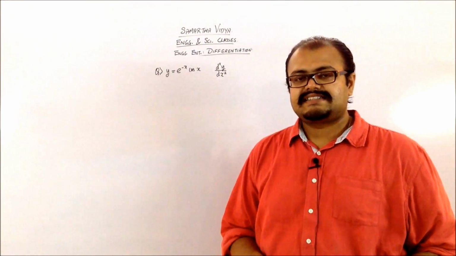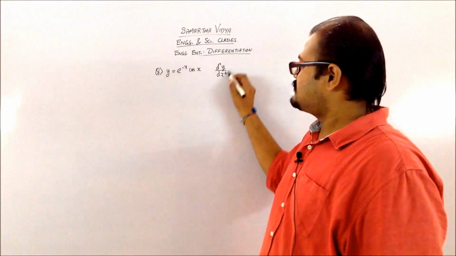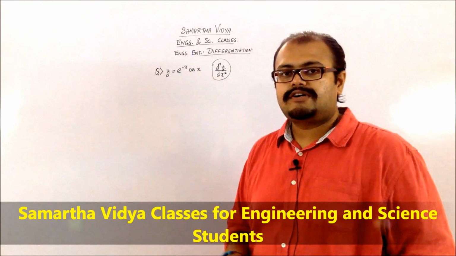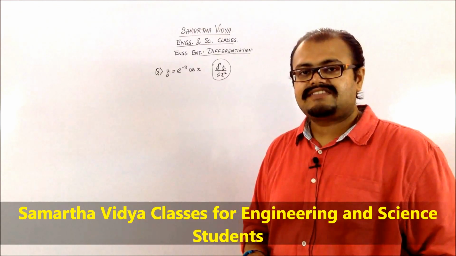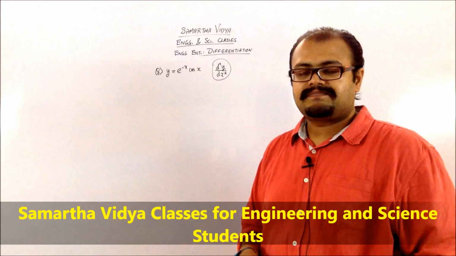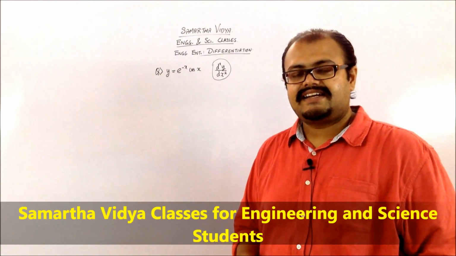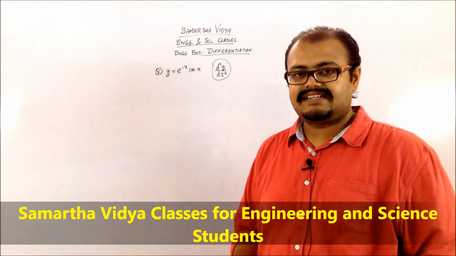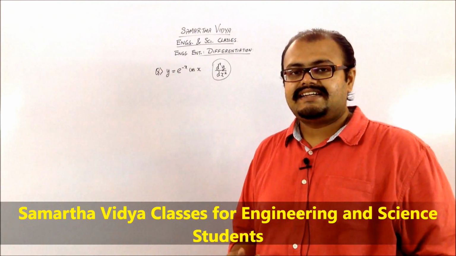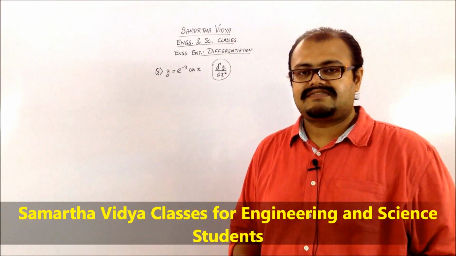So let us try to understand the topic which is higher order derivative with an example. So you have a higher order derivative which is d square y by dx square. Now what do you mean by higher order derivative? We have seen the first order derivative, which is the simple derivative which we have taken. Now if you take the derivative of the derivative, you will be getting a second order derivative. If you take another derivative of it, it becomes a third order derivative. So basically any derivative which is taken of a derivative becomes a higher order derivative term.